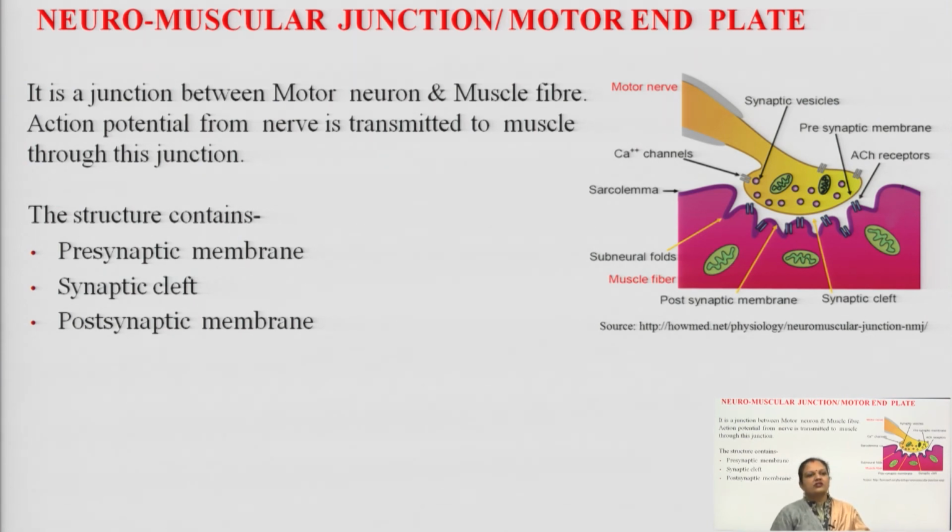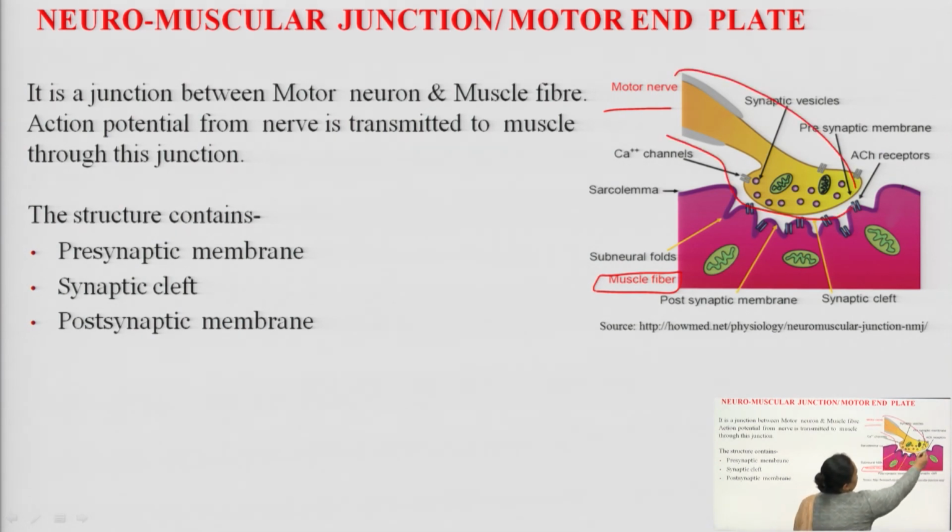junction, and the structure consists of the presynaptic membrane. After the presynaptic membrane we have the synapse, or we can say synaptic cleft, and after this the postsynaptic membrane. So, see the diagram, students, this is the motor nerve and this is the skeletal muscle fiber. This is the preganglionic nerve ending, and what you will see here, in the circle there are so many molecules of acetylcholine, that is, an excitatory neurotransmitter, present here, and beneath this in the muscle fiber